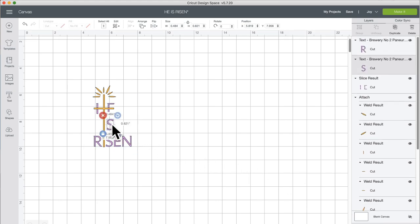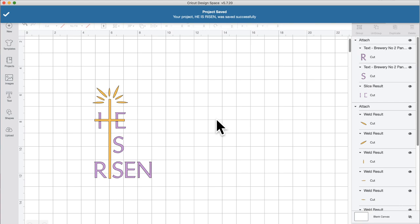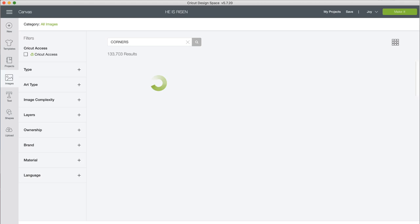This S needs to be moved over a bit. Okay, let me go back and attach these. I'll make it bigger for a second while I save. And so I'm going to do what she said. So we're going to find those corners. I'm going to search corners. So to make this an insert